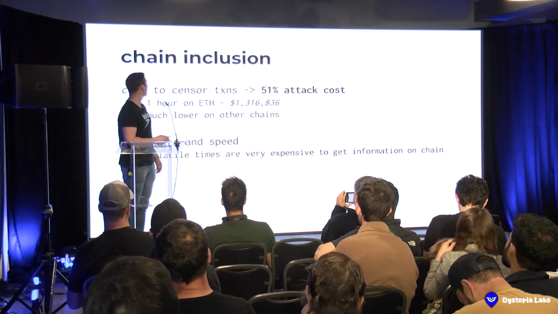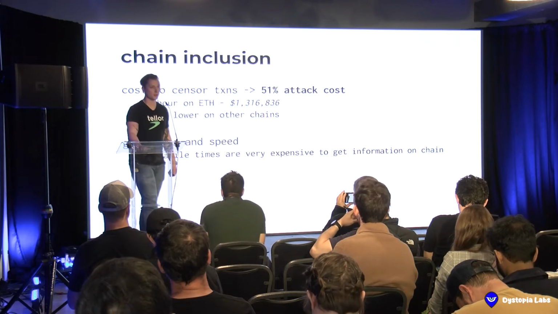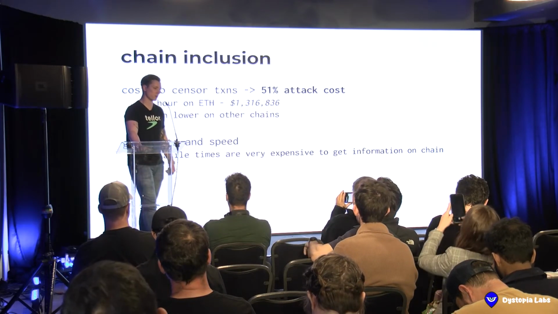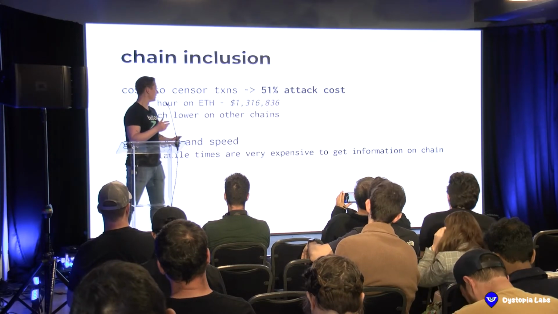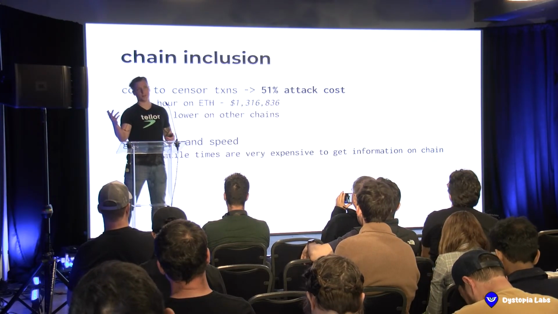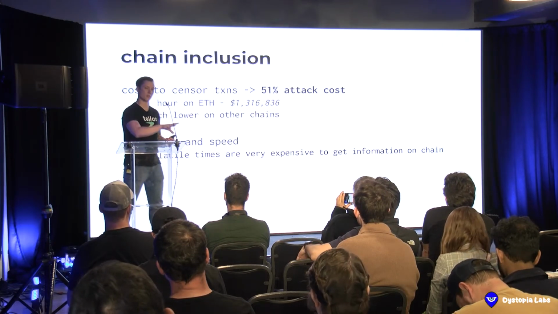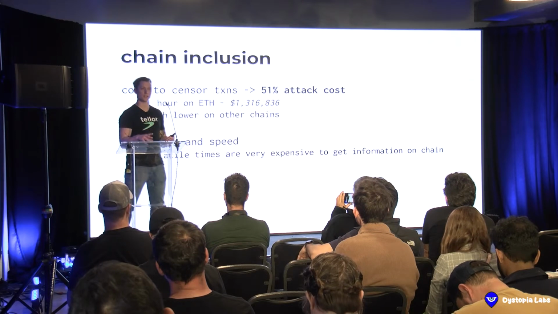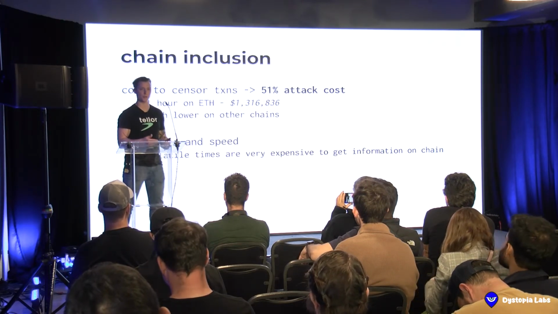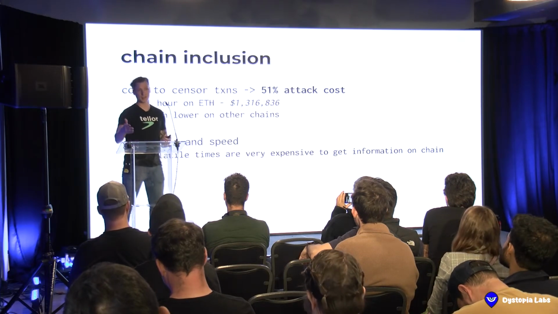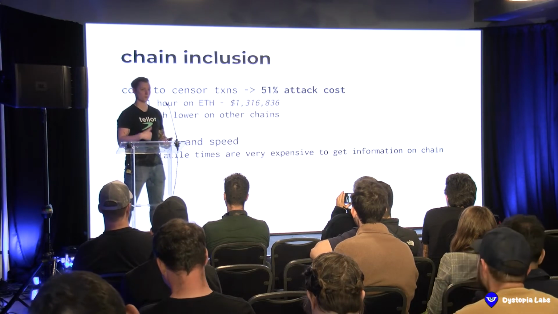Okay. Next piece, chain inclusion. This is a big one for oracles because there are multiple ways to attack oracles. The easiest way, or the one that most people would think about, is: I'll just place a bad value on chain. So I'll say that the Bitcoin price is actually $10 million and I'll run away with everyone's money in a DeFi app. That is one form of an oracle attack, but the harder one for us oracle providers